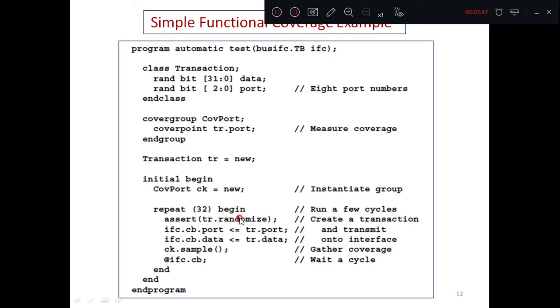Randomize is a function that assigns random values to any variable in the class that has been labeled as either rand or randc. Here we have two variables which are declared as rand. And next, these two are the assignment statements, cg.sample, and this is wait for a clock, and end program.